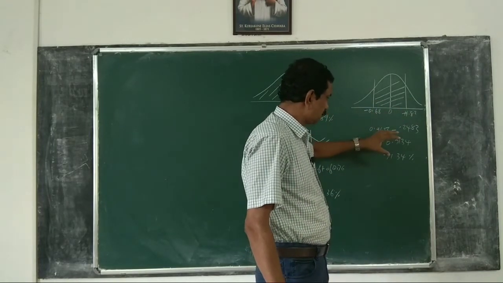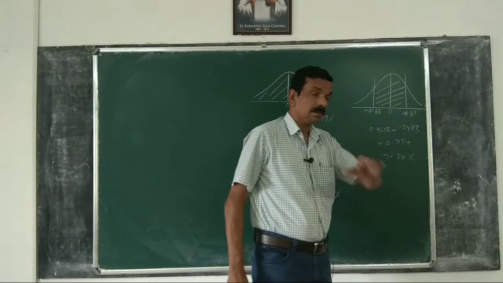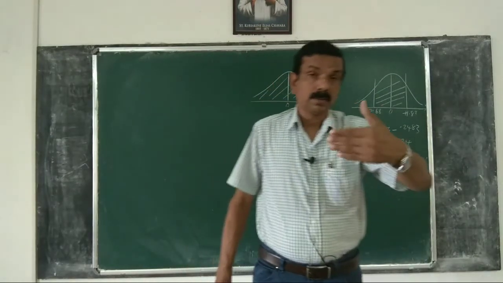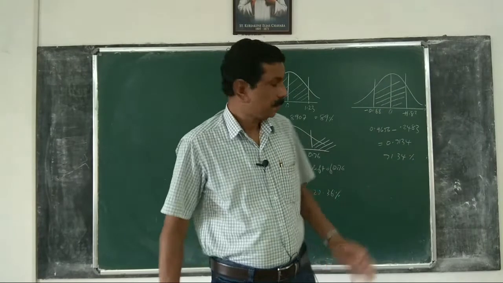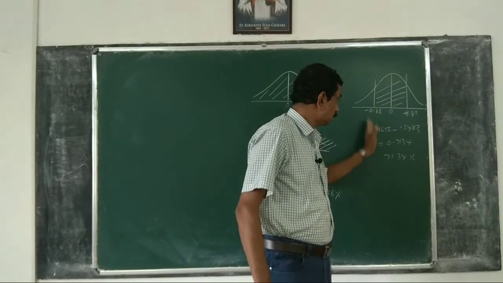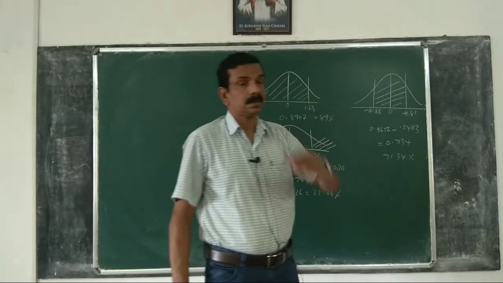It means that 71% of the normally distributed random variable lie between these two points,